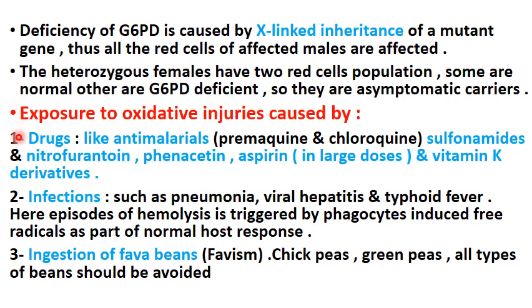So what are the oxidative injuries that cause hemolysis when red blood cells of a patient with G6PD deficiency are exposed to them? There are certain important injuries, factors, or agents that lead to hemolysis. A drug, an antimalarial, primaquine or chloroquine, which is now the most important,